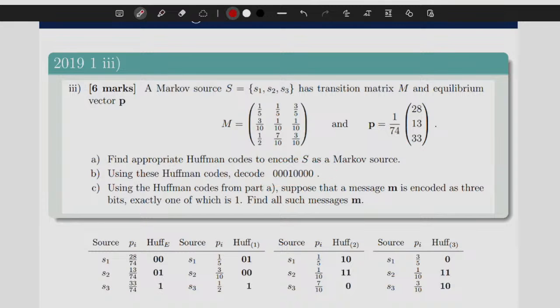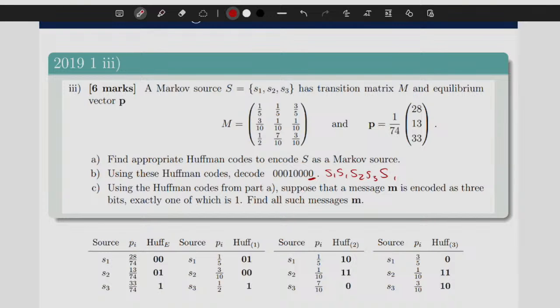So again, always looking at Huffman E first. I know that I see two zeros at the front, so I know that my starting symbol is going to be S1. And then looking at Huffman 1, I can see 0, 1 matches, so it's S1 again. What about the next 4? Okay, 0, 0, S2. So now I need to look at Huffman 2 to decode 0, 0. I have S3. And then I have 1, 0 at the very end. That's going to be S1. And that's my final decoding for part B. Very simple, very easy. And I'm just going to write that over here, just so I can use the space again.